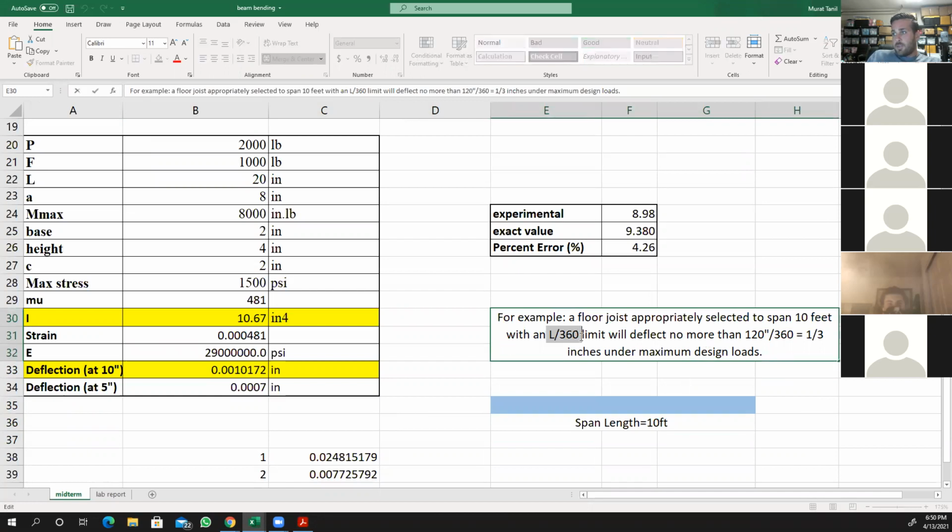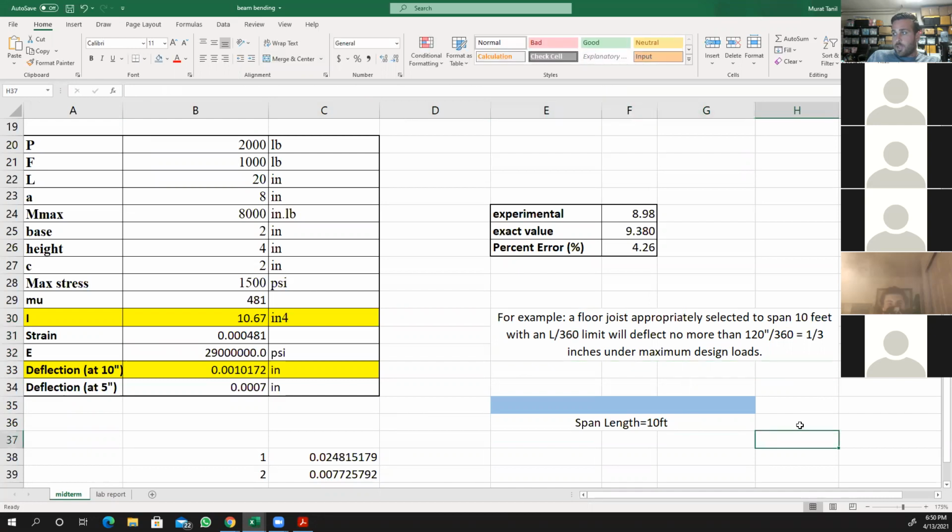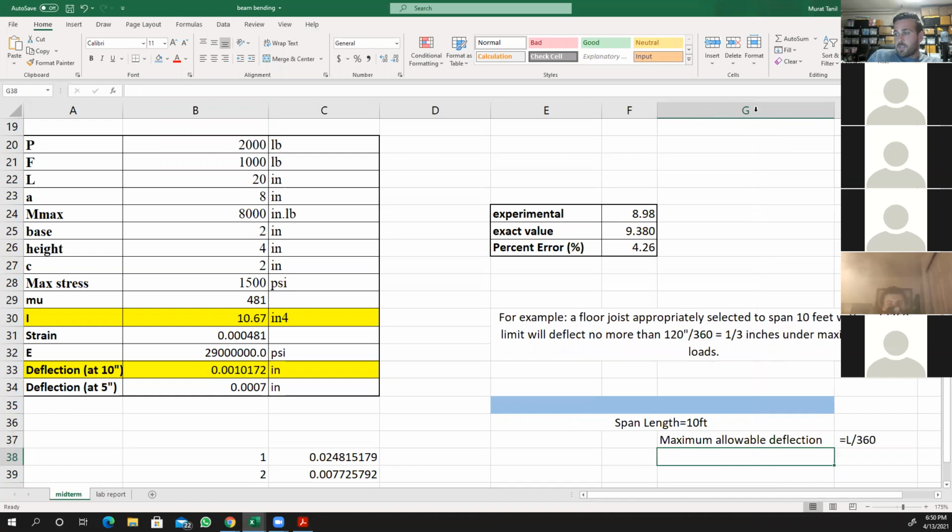This is your limit, L over 360. This is your maximum allowed deflection, maximum allowable deflection. So the specs tell you if your span length is 10 feet,